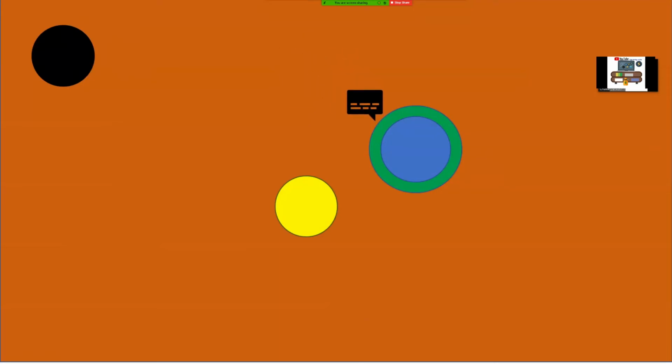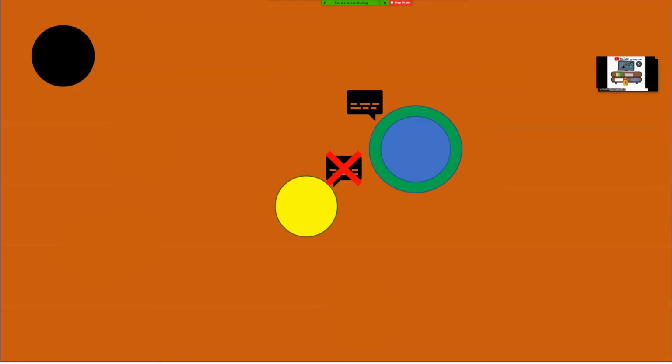In this case, it'll ask the player or the tag. Yeah, so it'll ask the object with the tag of what we called it. So in this case, we called it player. So it'll ask player, hey, did you touch me? And in this case, the yellow cube or the yellow circle will not